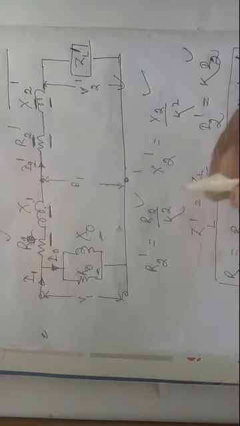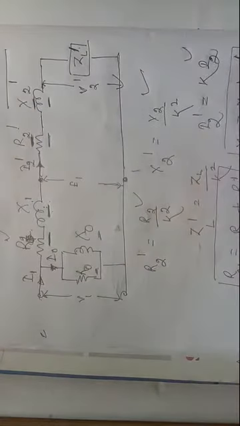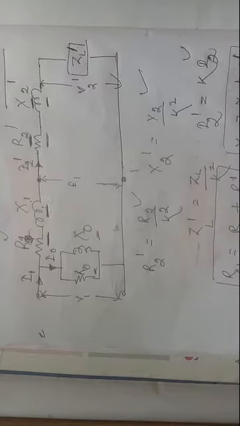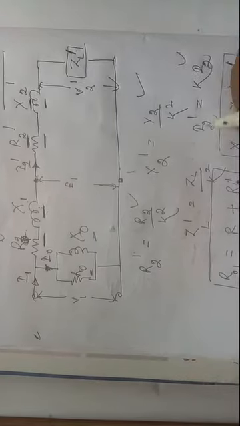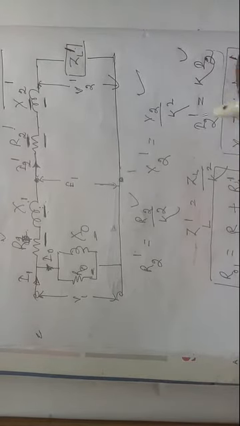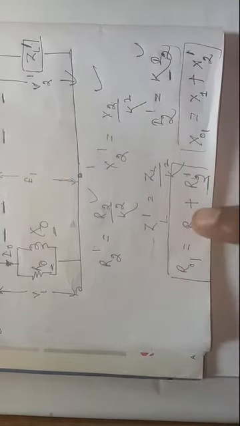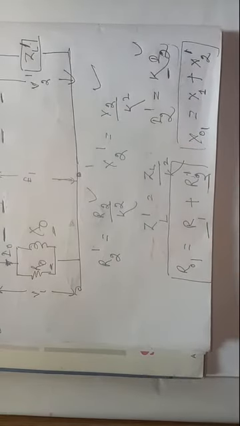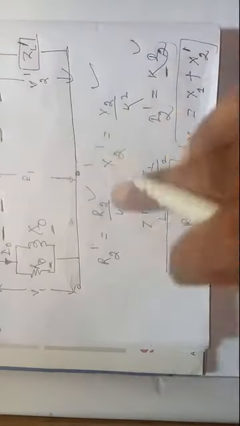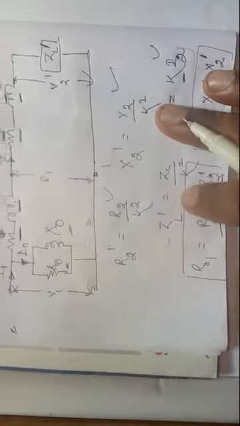ZL dash became, that means impedance and resistance when shifted from secondary to primary, k square will be divided. Similarly, this is the load impedance, so load impedance ZL divided by k square, and the secondary current I2 when shifted to primary, k is multiplied, so this became kI2. So understood the fact here, this R01 became R1 plus R2 dash, and X01 is equal to X1 plus X2 dash, and these are the secondary parameters shifted to primary: R2 dash, X2 dash, ZL dash, I2 dash. Okay, understood the fact.